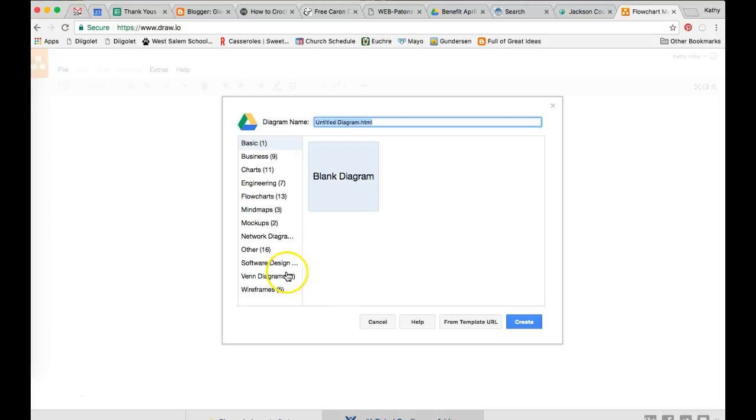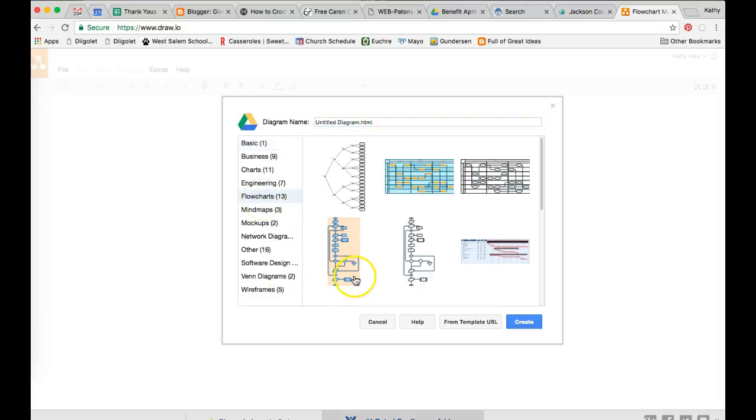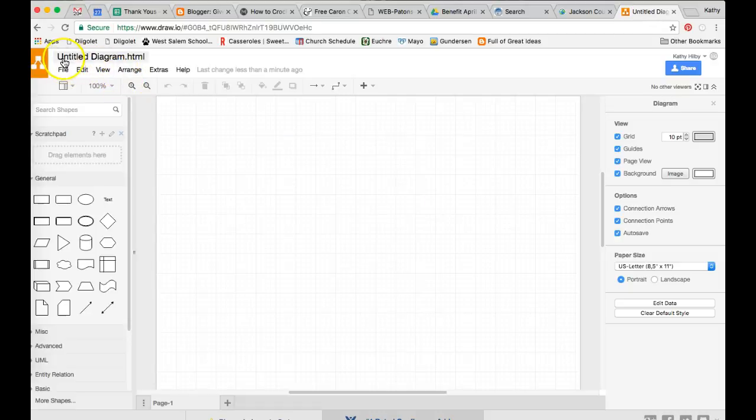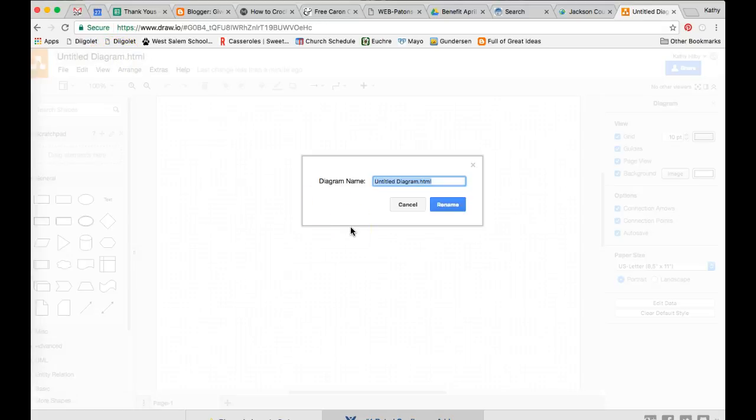And then you'll see a variety of templates that are built in. And you could certainly start with one of these templates if you wanted to. I personally have found, again, just my opinion, that it's more difficult to rearrange someone's existing diagram than to start from scratch. So I'm going to choose the blank diagram. And then just like a Google Doc, this is where the title would go. So if you wanted to change the title of this,